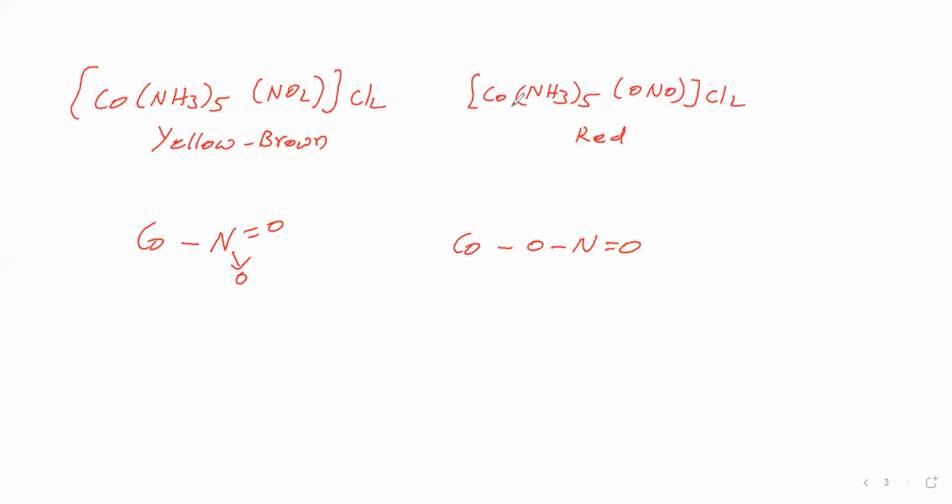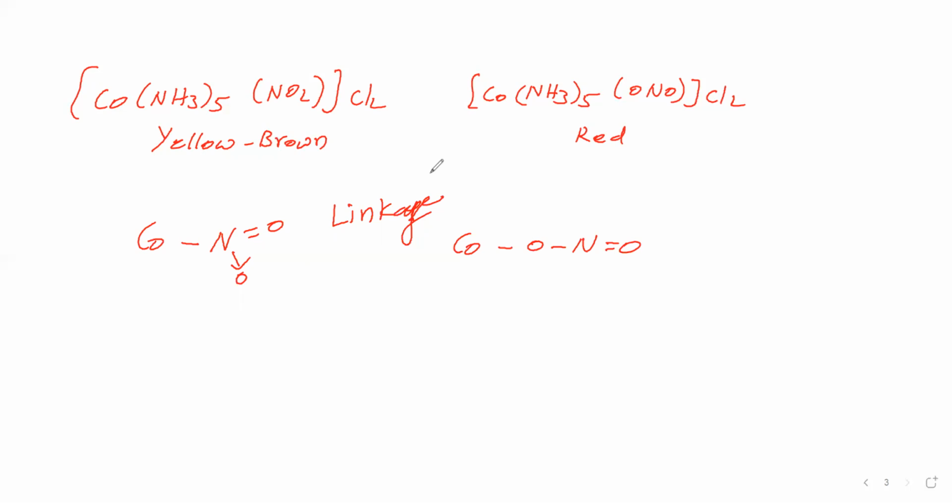So this molecular formula is the same. It is octahedral because both have coordination number 6. But linkage is different. In this ligand, nitrogen is linking with the central metal. In this ligand, oxygen is linked with the central metal. Since linkage is different, these two are called linkage isomers. These are also called structural isomers, we can say.